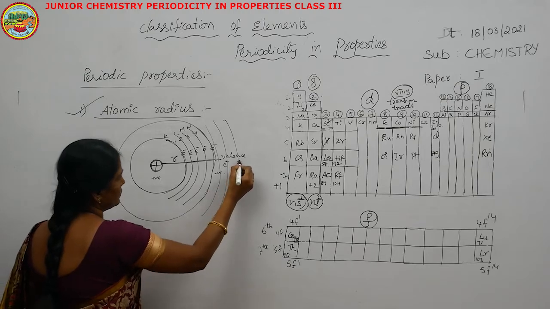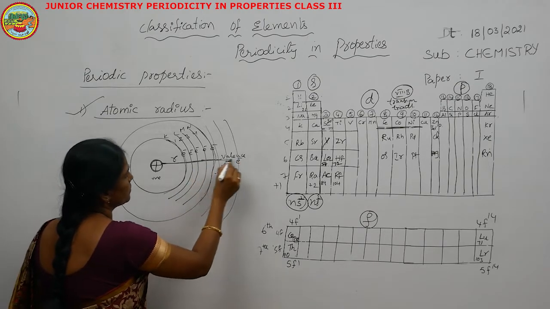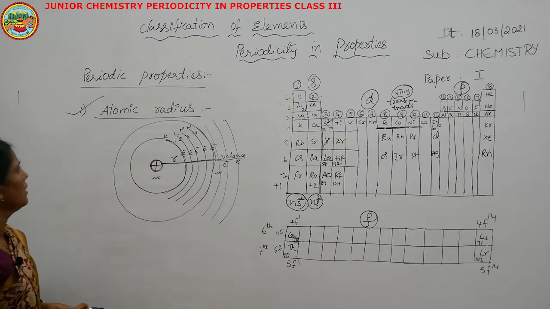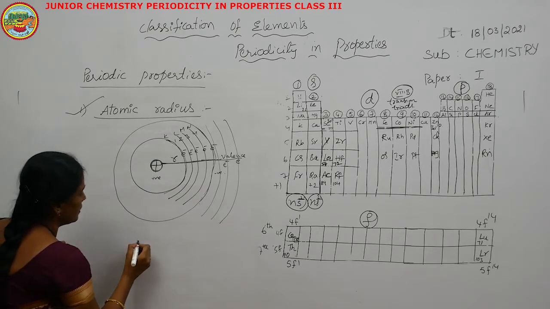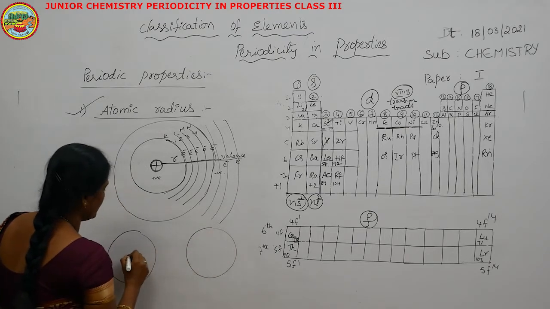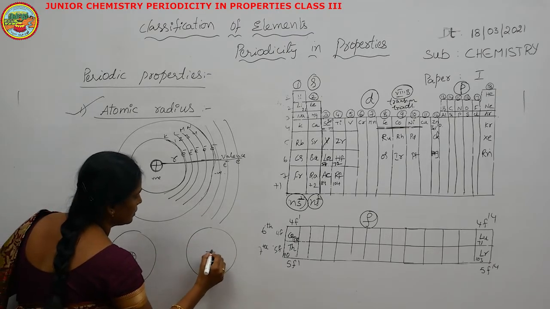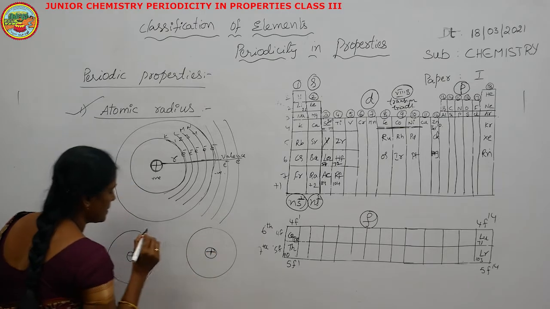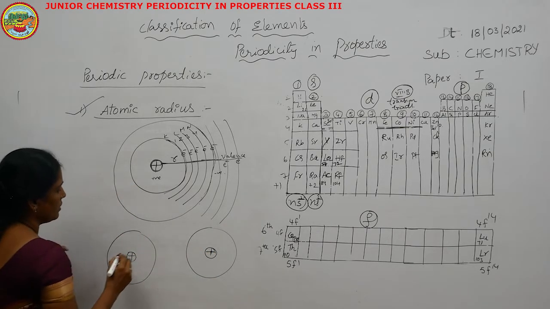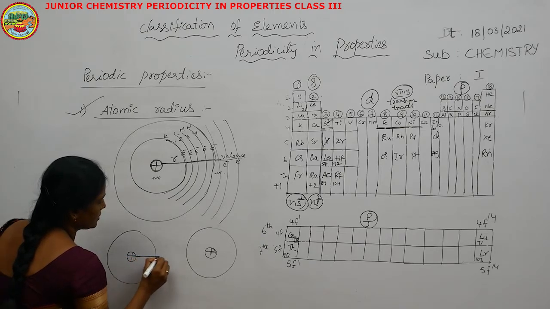If the electron is present here, this is the outermost orbit. So that's why atomic radius can be defined as follows: if you consider two atoms, and these are the nuclei, the nucleus of this atom and the nucleus of this atom, the internuclear distance,